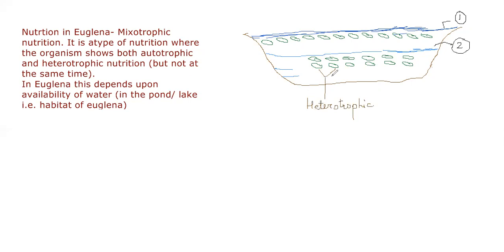And in natural conditions, if you put euglena in dark conditions in the laboratory, it would start showing heterotrophic nutrition. But under natural conditions,